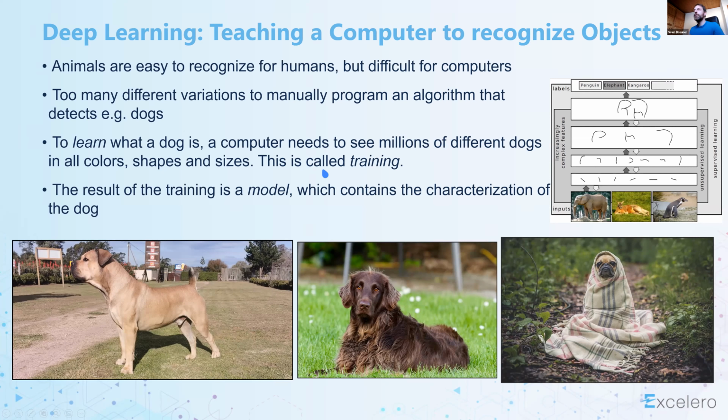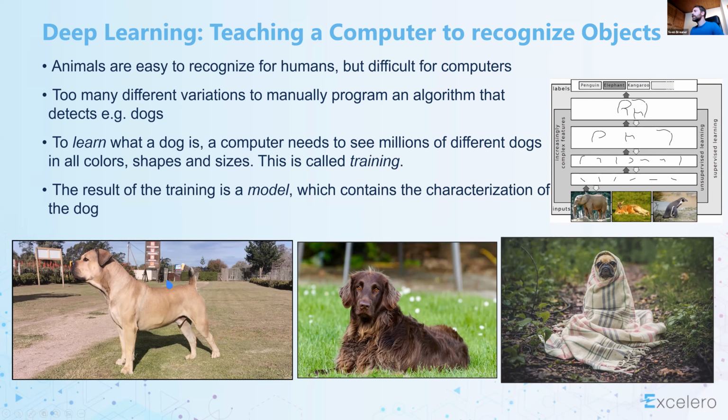Showing the computer many examples of what we want to recognize is called the training phase, and the result of the training is called a model. And as you can see here, deep learning typically means that we go through various layers of detection. That's why it's called deep learning, because the detection is so deep through many layers, and each layer gets more complex. That's not super relevant for the storage part.